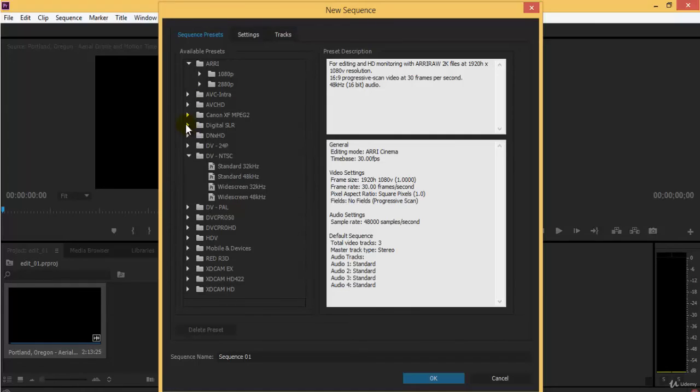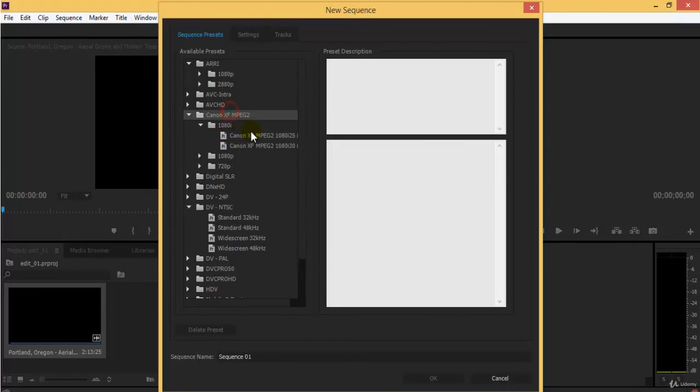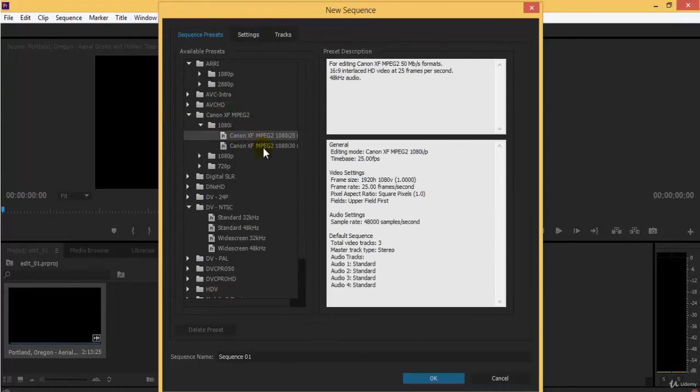This is something especially for photographers, like Canon has their own presets. The time base or frame rate would be 25 fps, which means 25 frames per second. The frame size would be 1920 by 1080. Frame rate would be 25 frames per second. Pixel aspect ratio is 1.0. And